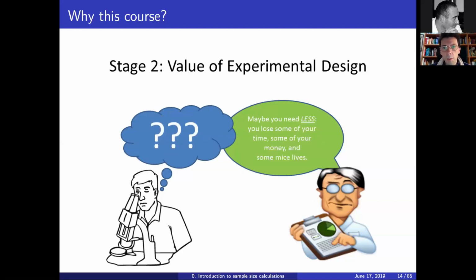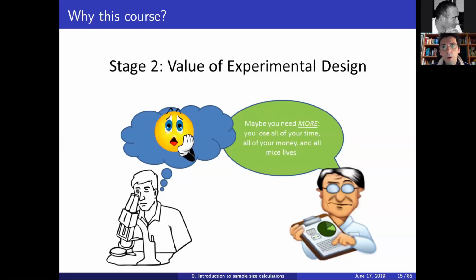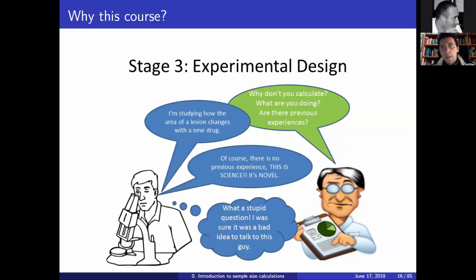So this situation is bad, in which you need fewer animals. But if you need more animals, this is really, really bad, because you are completely spoiling your experiment. And all the tests that you will do later, all the p-values will not be low enough to show that you have a significant effect. Okay, so